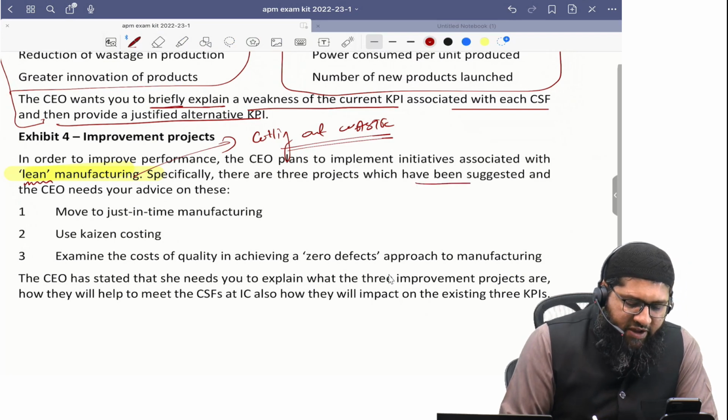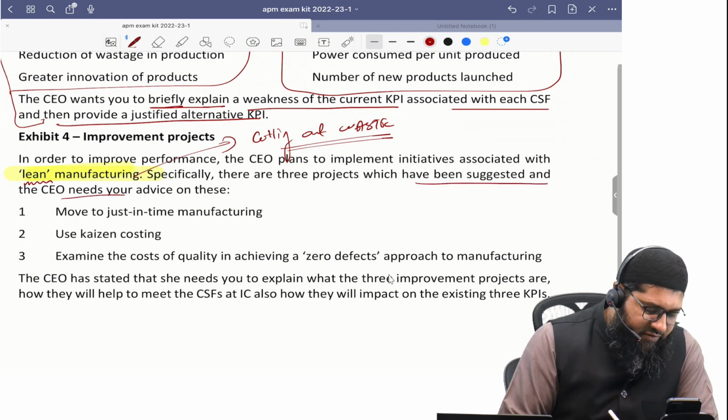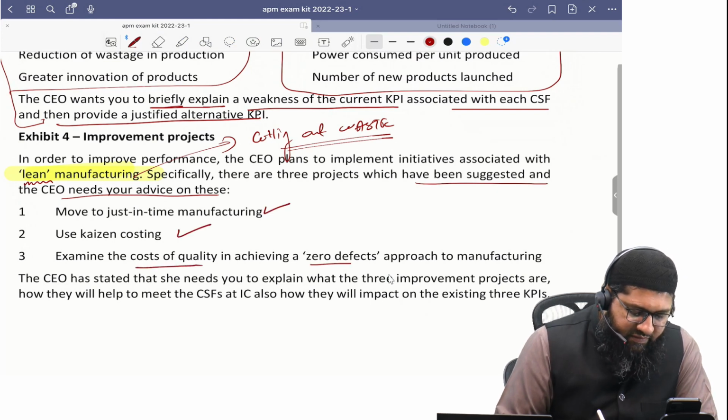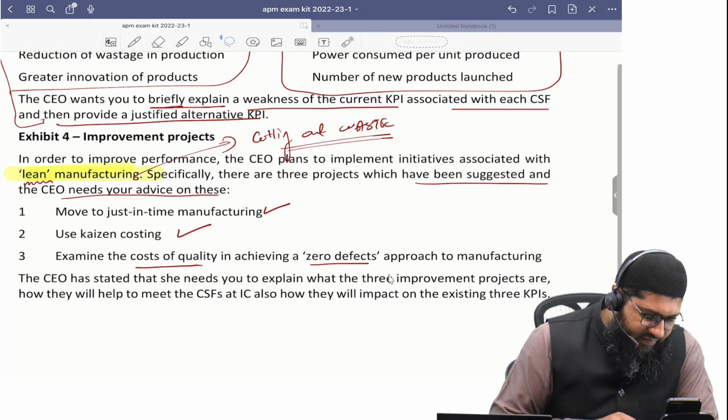Specifically, there are 3 projects which have been suggested and the CEO needs your advice on these: JIT, Kaizen, cost of quality in achieving zero defects. The CEO has stated she needs you to explain. Now you see what happens is that